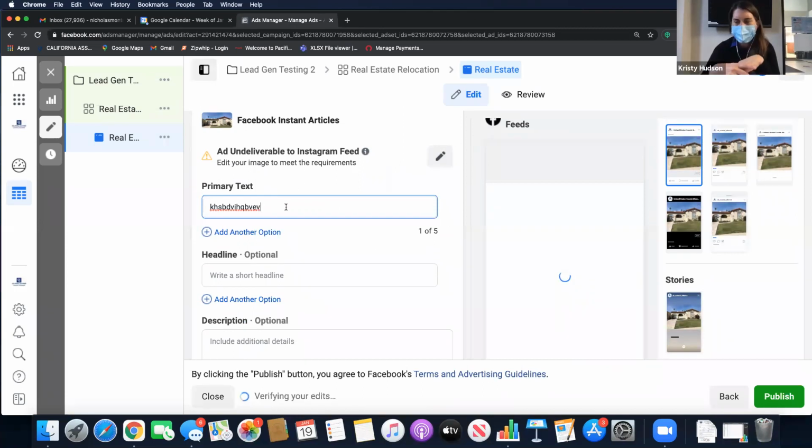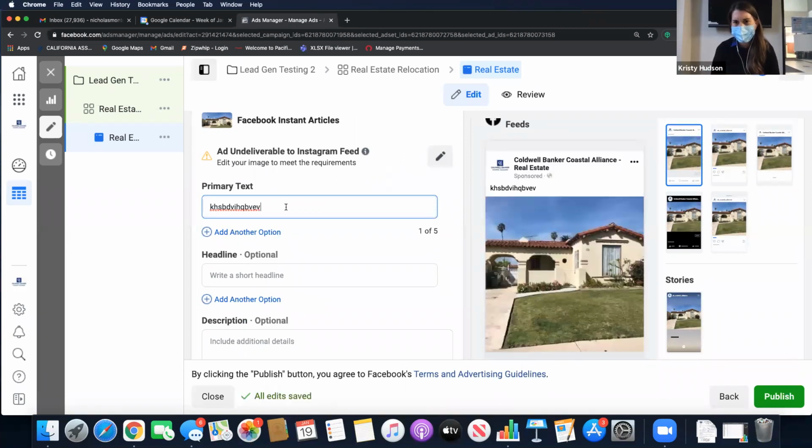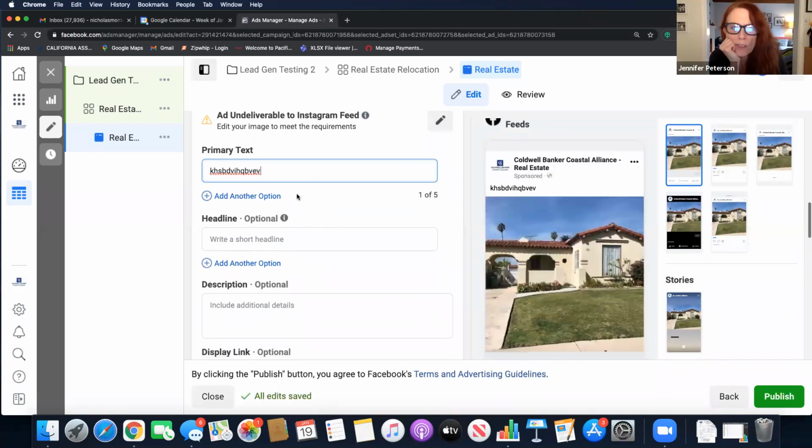So what would it look like? I guess that's what I was curious as to how. This is where you put your text. That's what I meant. Okay, yeah. No, so you build it in here. Okay, great. Thank you. Appreciate that.